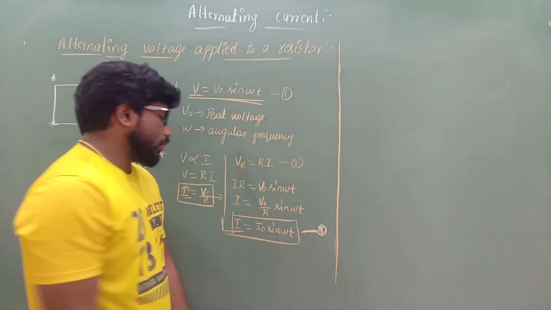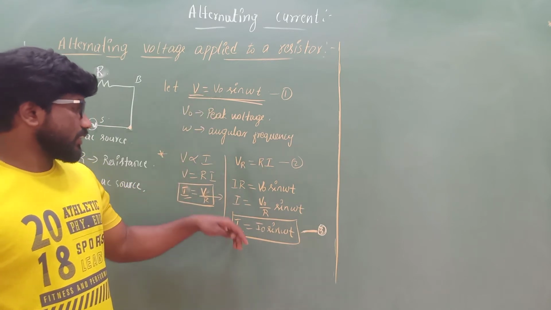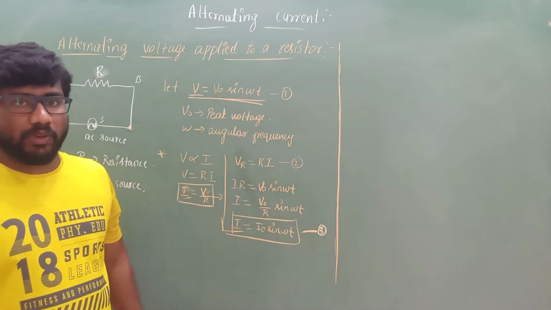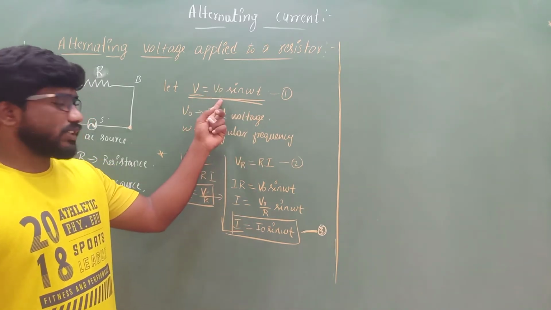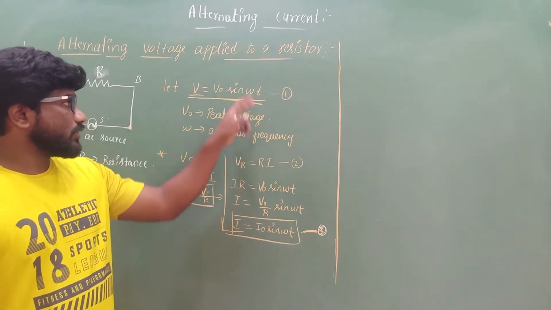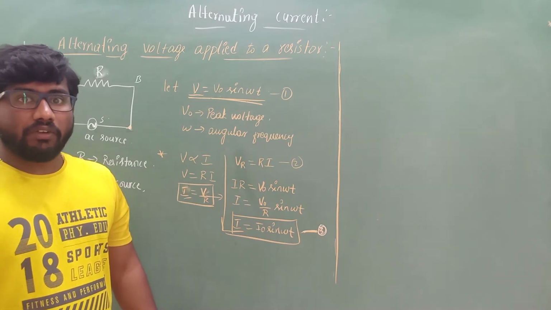Before going to plot the graph, let me tell you what is V, what is I, what is V naught, I naught and sin omega t. Here both are sin omega t. Current term is there, voltage terms are there, but the angle is the same. You can observe the angle is the same, there is no change in the value of angle. So then how will the graph be, sir?